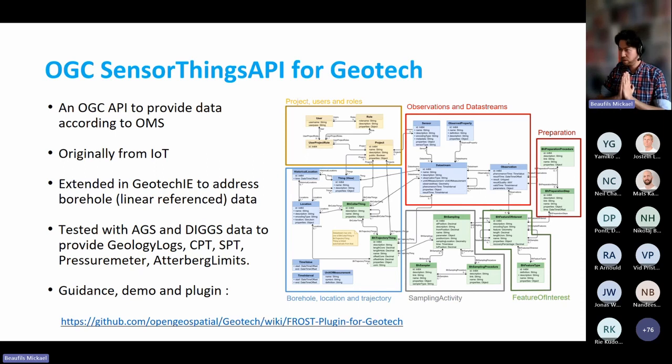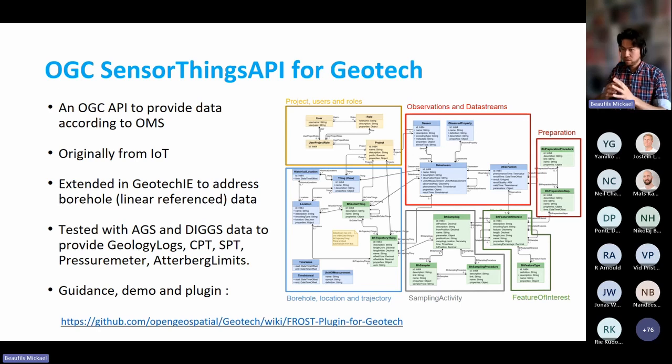So you can see what the data model is and which classes enable describing what. You have, for example, the description of your borehole, its location and trajectory. You can also describe the different samplings that have been made from it. You can associate observations to either a point, a line, or an interval in these boreholes, or on the sample itself.